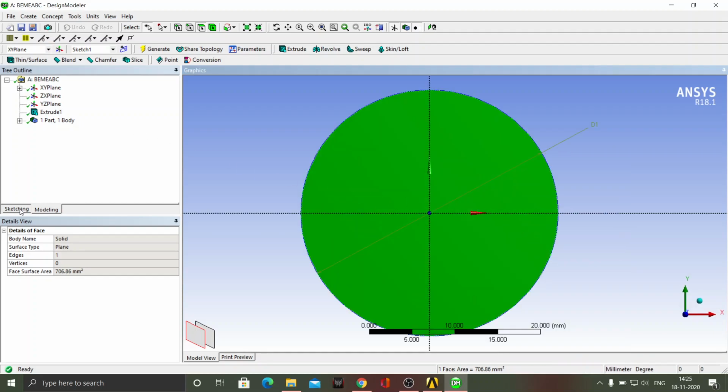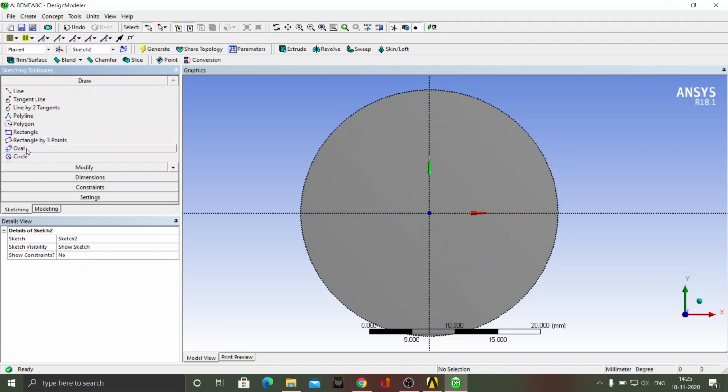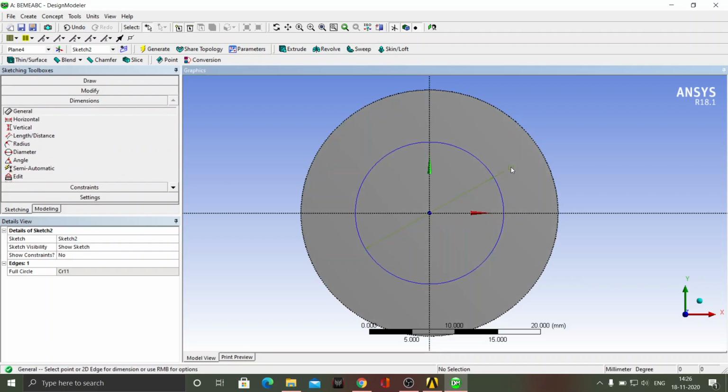Once it activates, again we will go in sketching. We will click on circle, and at the center you can see that there is a small plus sign that comes up, and that means you are exactly at the center, and from that we will generate the circle. Once we create that particular circle, again we will give it a dimension. Now it is showing 17 mm.